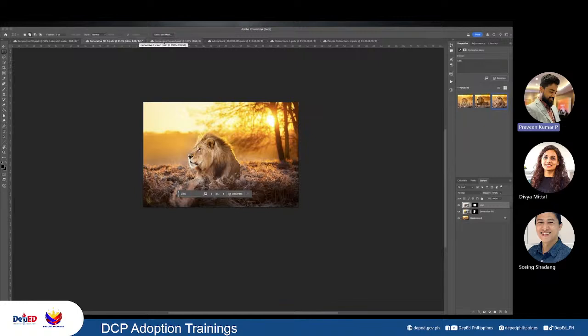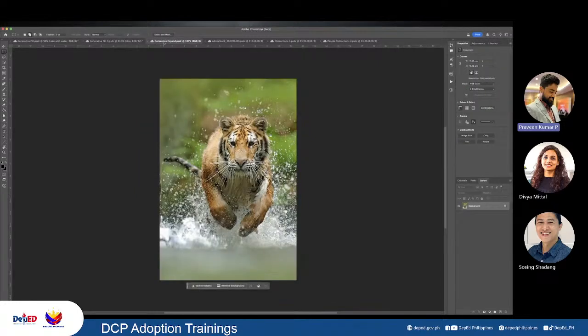Let's move ahead with the next feature that we have, which is generative expand. So now we have learned how we can add things in Photoshop, how we can remove things in Photoshop. Now we will learn how we can expand things in Photoshop. Currently, I have got a portrait image right here of a lion. Now, in case I have to expand this, it's pretty simple using Gen AI. All I have to do is just increase